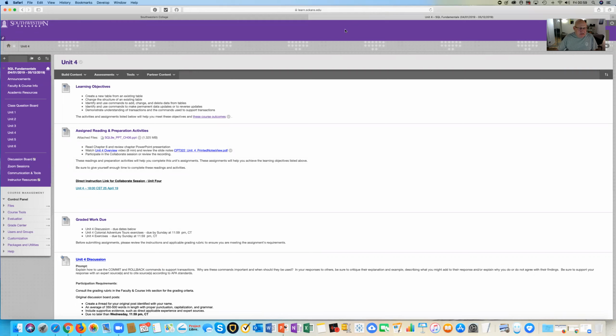This week's lessons, we're looking at creating new tables from existing tables, changing the structure of an existing table, identifying and using commands to add, change, and delete data from tables. And we're identifying and using commands to make permanent data updates or to reverse updates that we have done to our SQL database. We're also going to look at transactions and the commands used to support